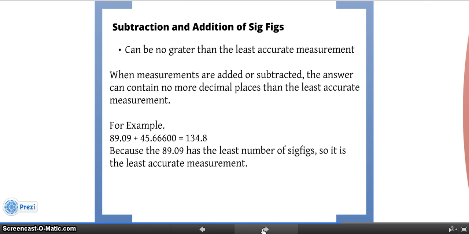Subtraction and addition of sig figs can be no greater than the least accurate measurement. When measurements are added or subtracted, the answer can contain no more decimal places than the least accurate measurement. For example,